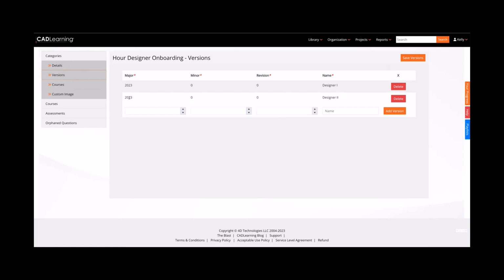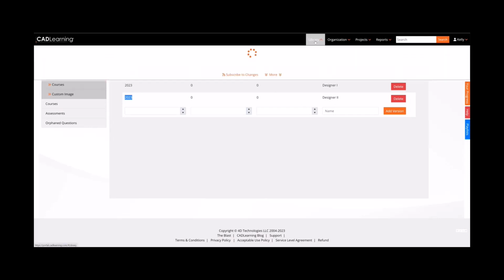You can use whatever name you'd like. You still want to put in the year for whatever version this is for. Okay, you want to keep an idea of, was this training built from 22 or 23? You can have multiple, but then you can name them whatever you want. And you need to have at least one, but you can have multiple. All right. What this does, when I come into the library now,